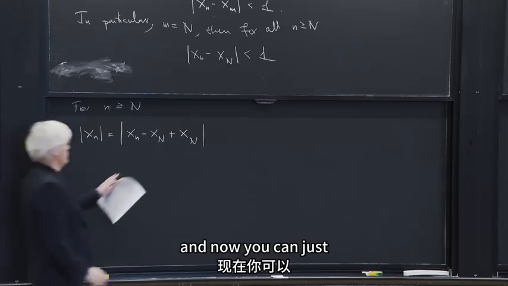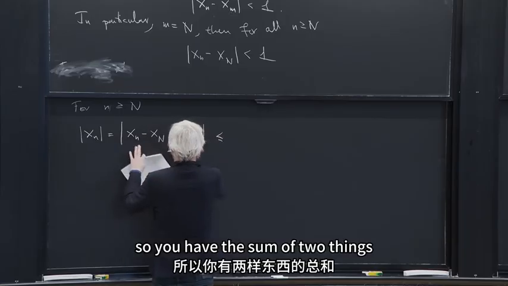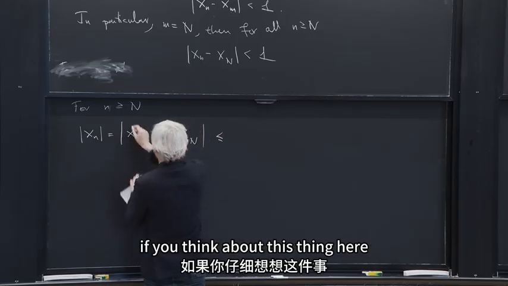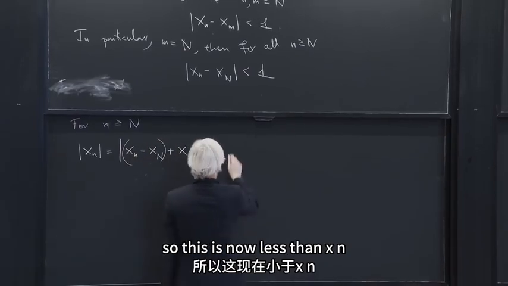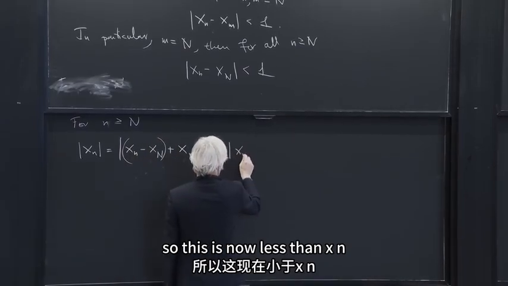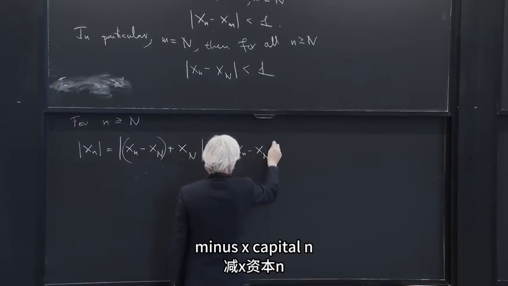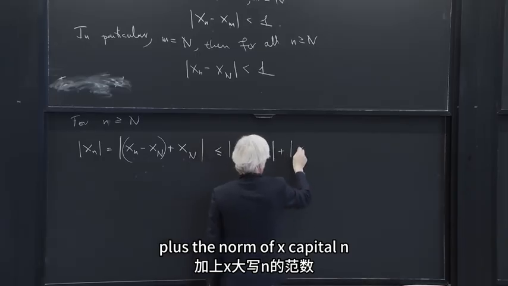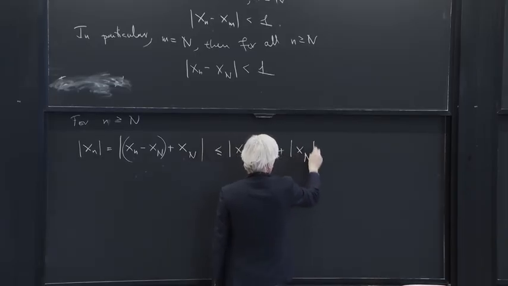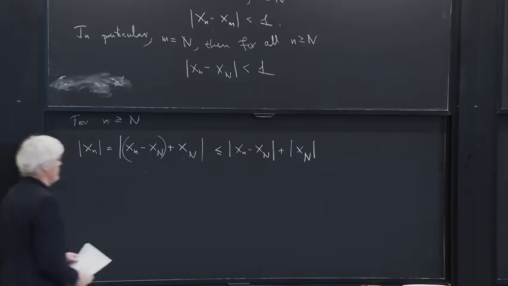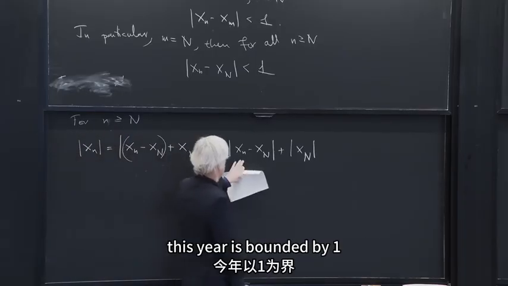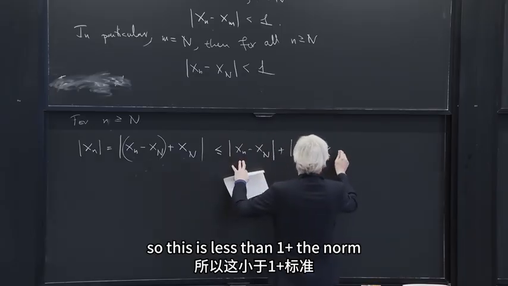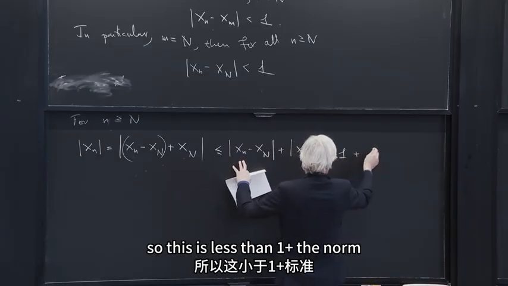Now you have the sum of two things; you can think about this as one number, and this as another number. So this is less than the norm of xn minus x capital N plus the norm of x capital N. And because little n was bigger than capital N, this first term is bounded by 1. So this is less than 1 plus the norm